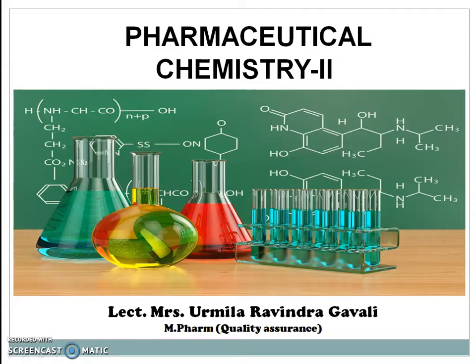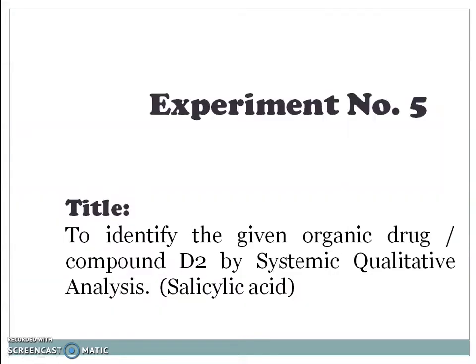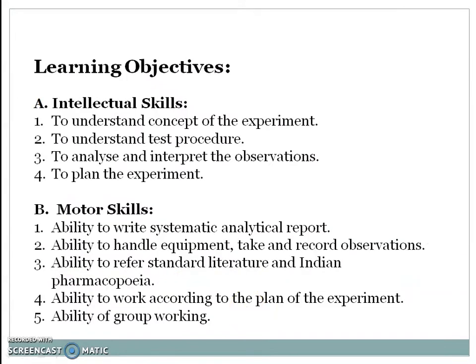Today we are going to deal with Systemic Qualitative Analysis. Experiment number 5. Title of experiment: to identify the given organic drug or compound D2 by systemic qualitative analysis, and the compound is salicylic acid. Learning objective: